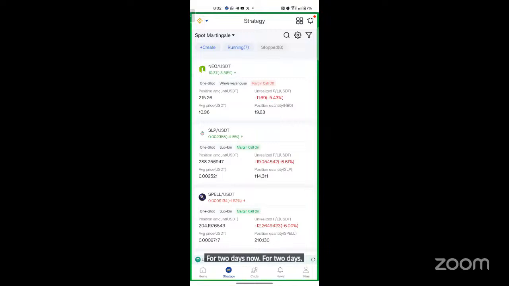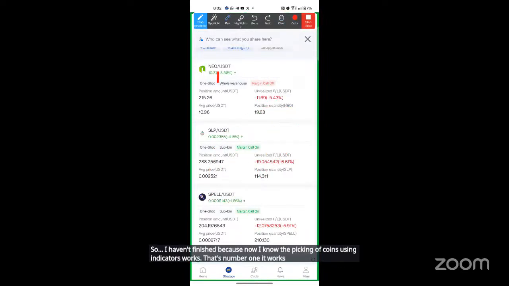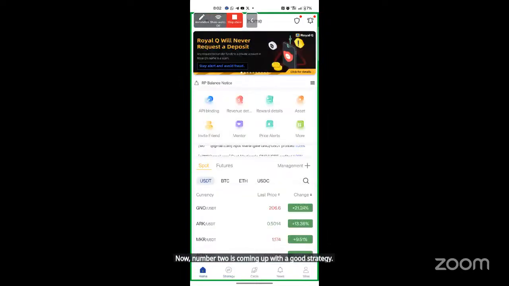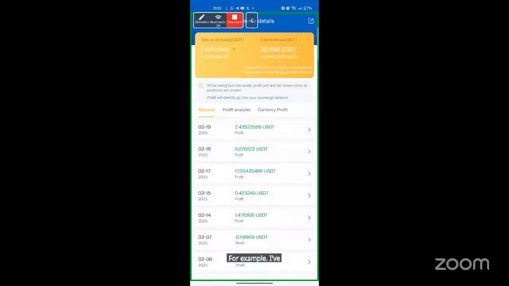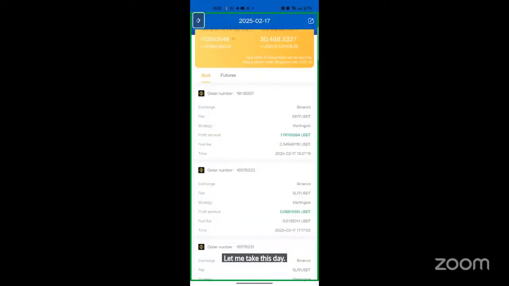So I haven't finished, because now I know the picking of coins using indicators works. That's number one. It works. Now, number two is coming up with a good strategy. For example, I've used it for 2 days, for three now. Let me take this day. When you look at this day,